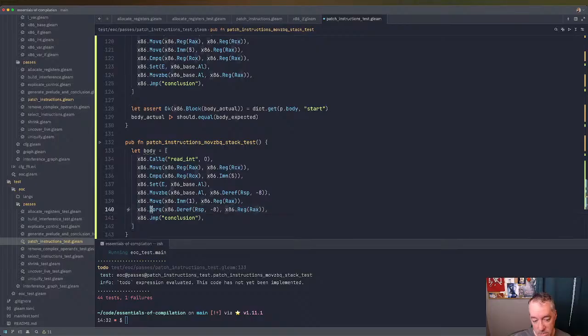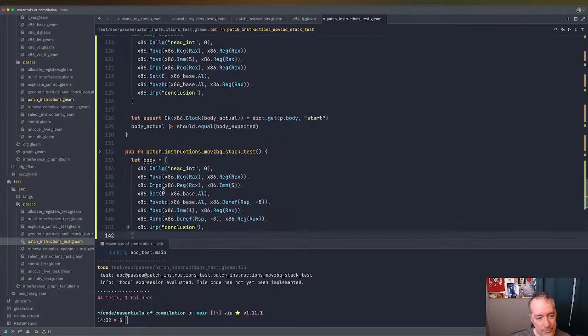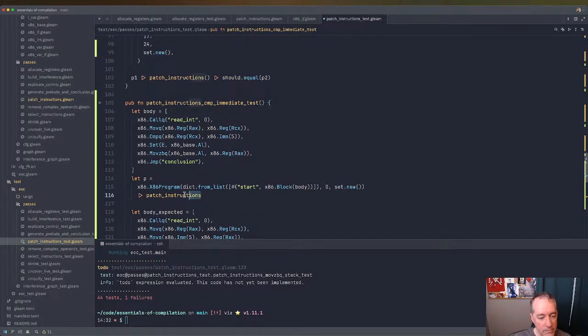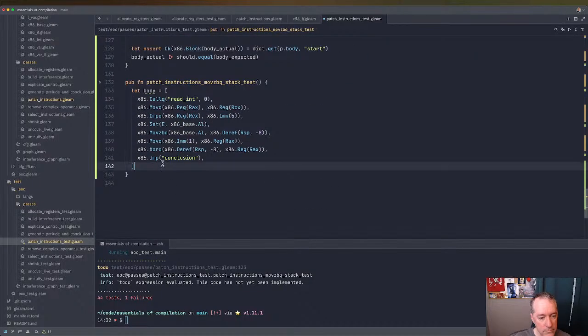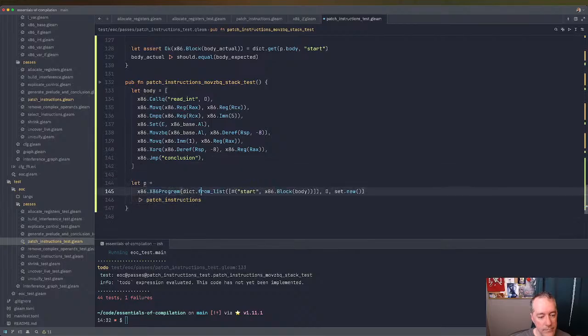It's XOR Q that we were using for something else in our code generation, but in this case, we're just going to use it here. Maybe